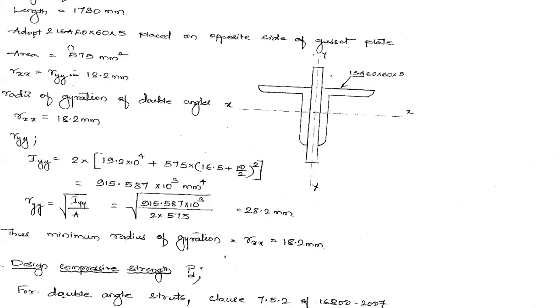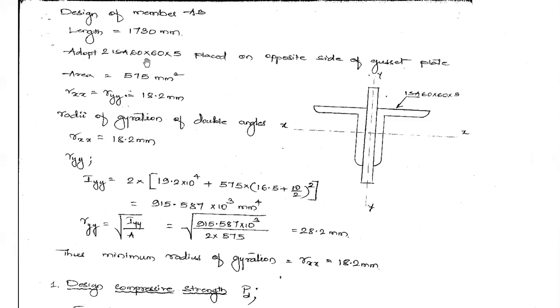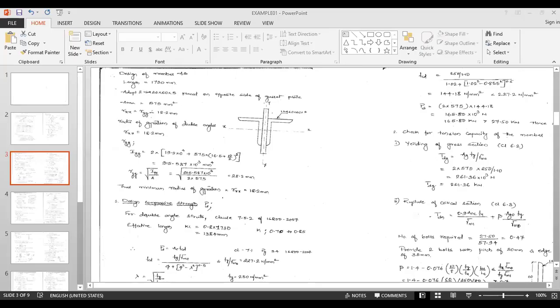That's all. I have shown the trial of only one, that is a trial section of 60 by 60 by 5 here. Once I choose this, the area of this section is 575 square. So what you have here is, in this steel table, if you go to this 60 by 60 by 5 thickness, angle size 60 by 60, what you have is 5.75. This is the cross-sectional area of